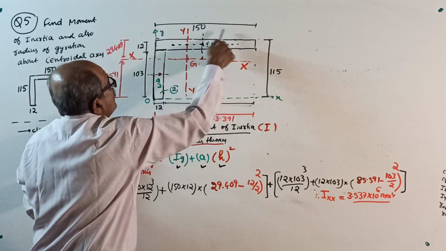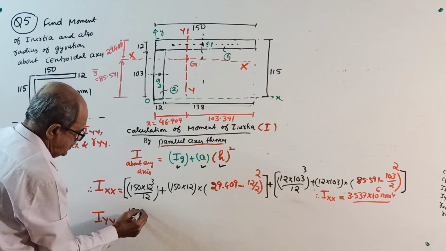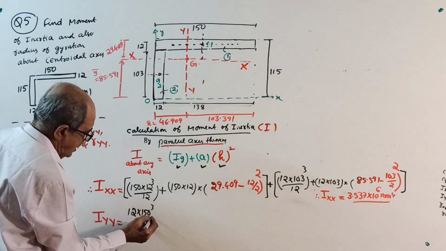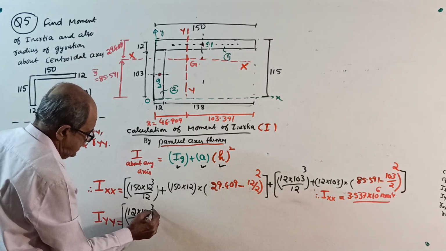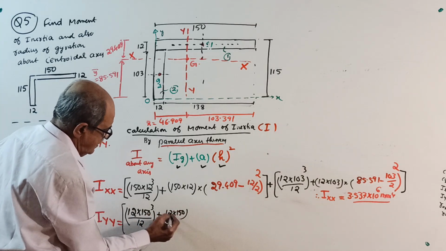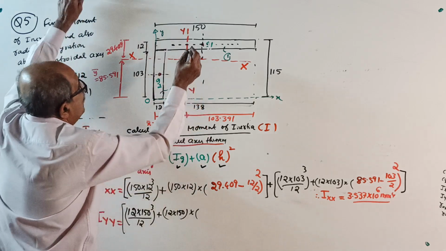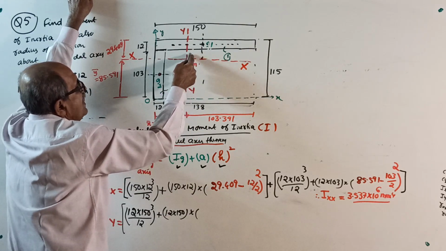So 12 into 150 cube by 12. Why this way, don't ask me. Nobody should ask this now. Then what have you been doing all these days? Okay, Ig plus area, 12 into 150 is the area, into the distance from the centroid to YY. This distance square is